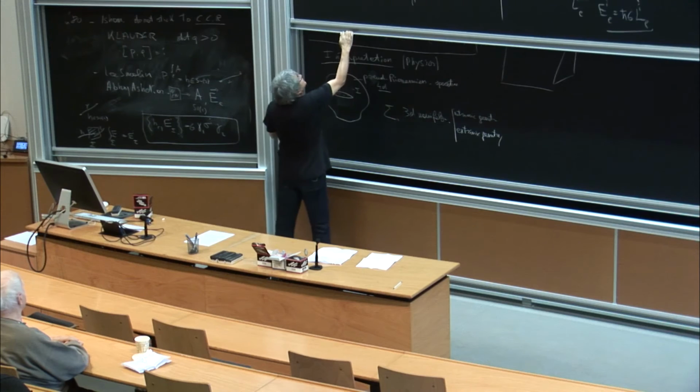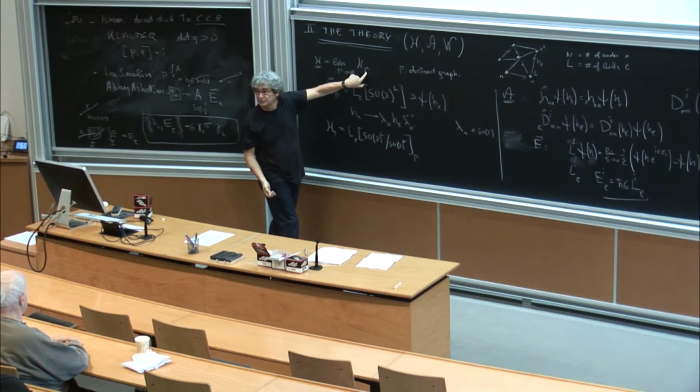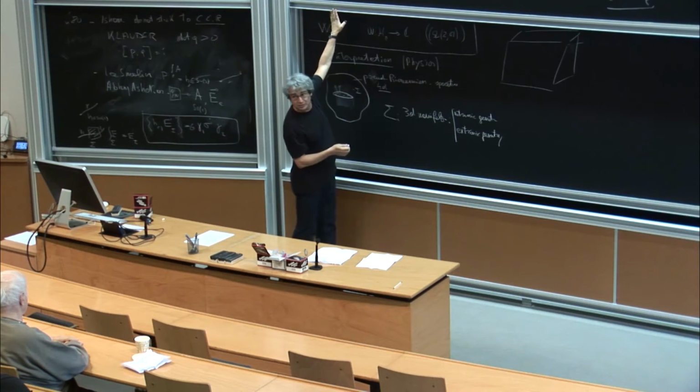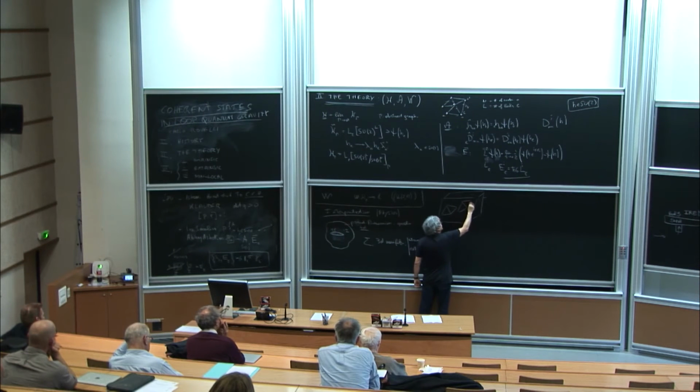This will correspond in a moment to this truncation here, choosing one graph. Choosing one graph is like not studying the full geometry, but a truncated geometry. How do I truncate it? Let me triangulate it